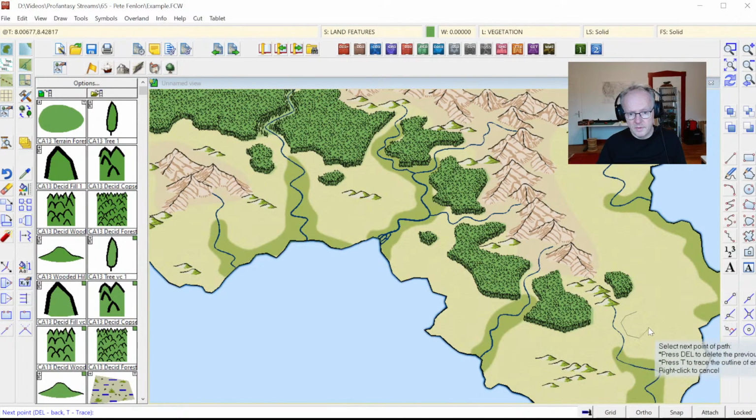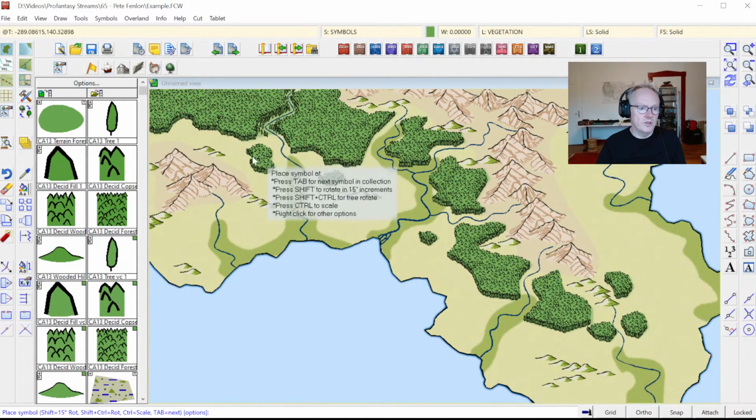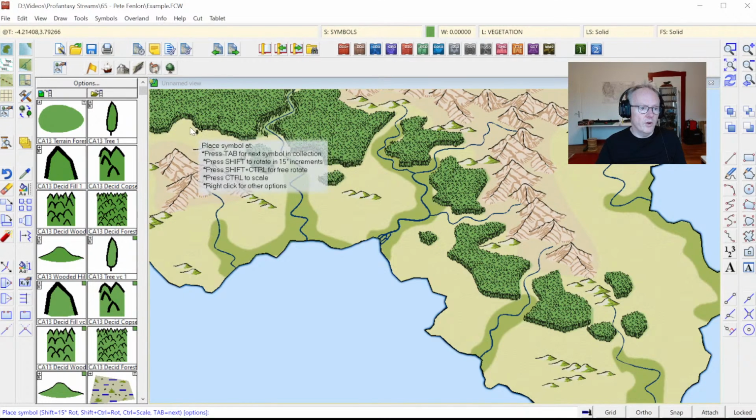Here. Here. And then what I always like to do is to spread some individual trees along the forest